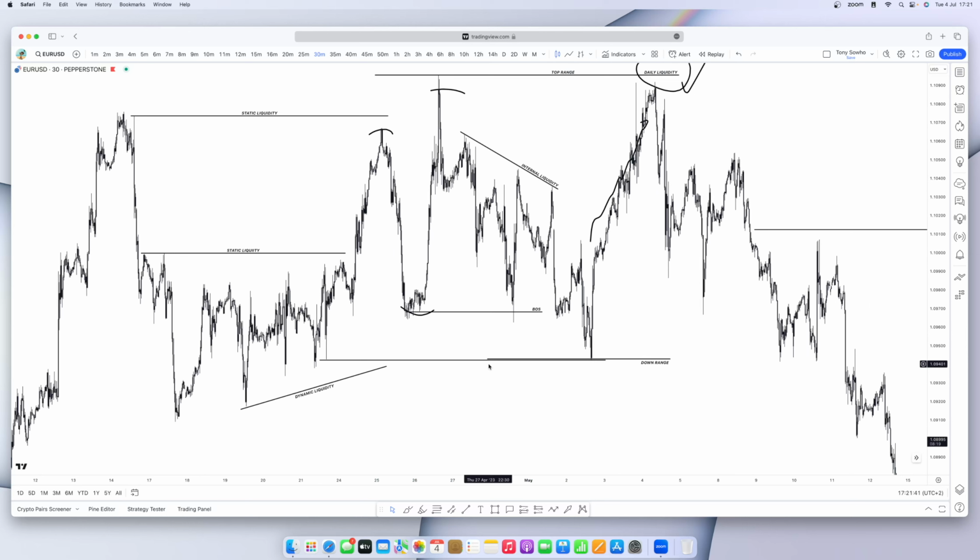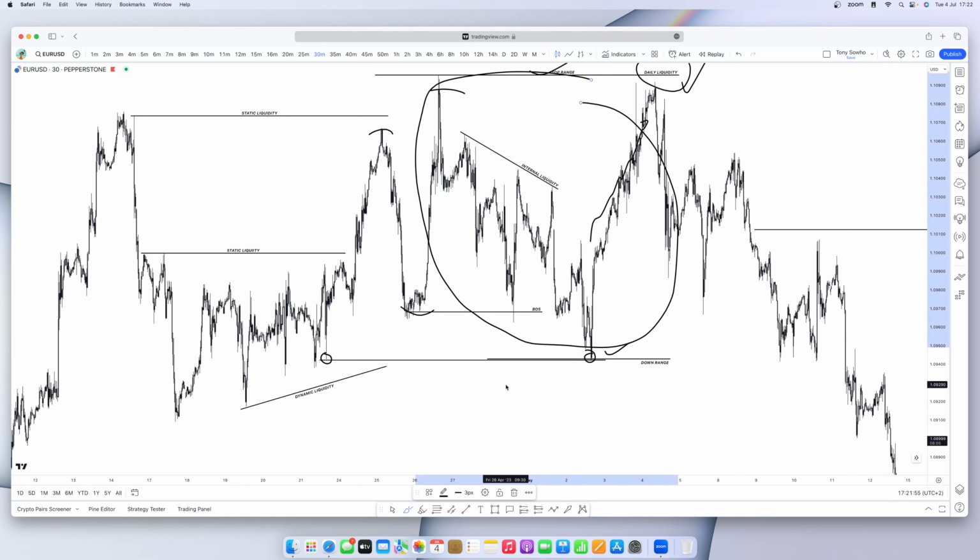You see these equal lows, price came here, rejected, price came here, rejected. This is a liquidity that is found outside the range. Remember, this is the range and this is the range. So anything inside here is internal. Anything below that now, outside the top range, outside the down range, that is external liquidity. And you can see our price